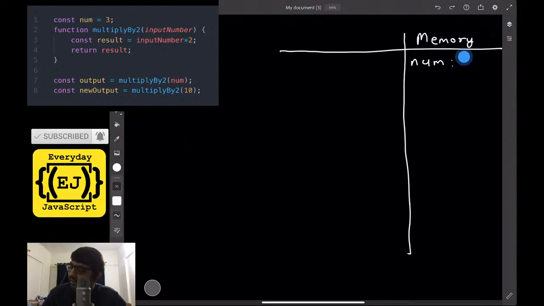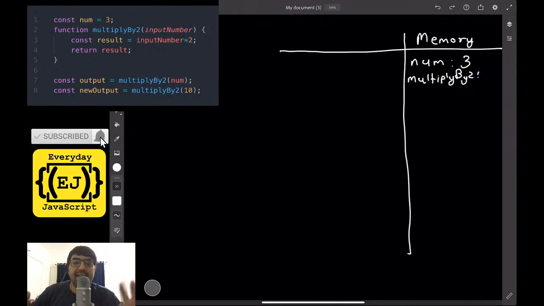num3. I'll go ahead and save multiply by 2. It's a function. It's a string of characters which will be saved inside my code. So I'll just save it simply by indicating it like this. It's a function. It's a string of code which will, at a later point of time, whenever invoked or executed, be called